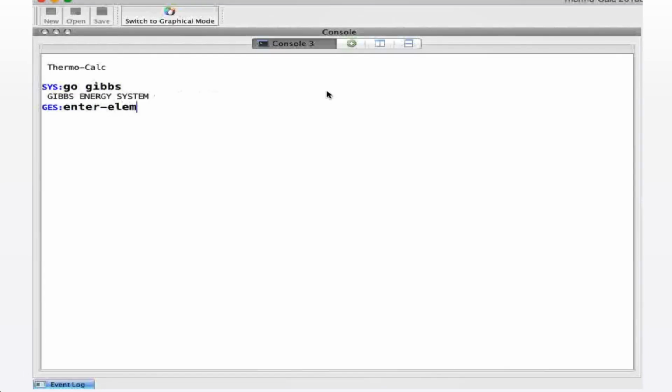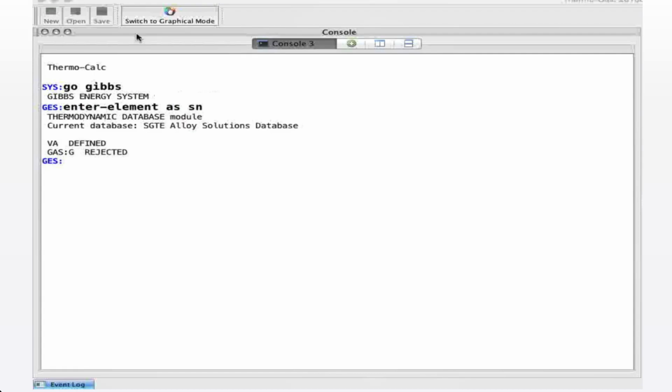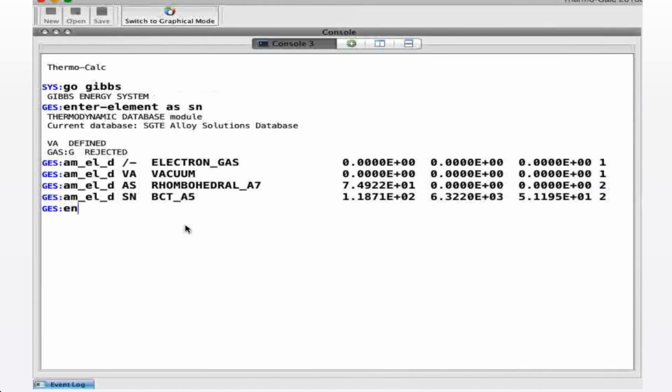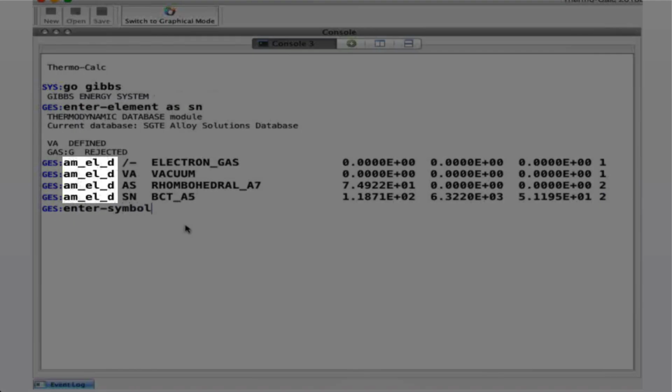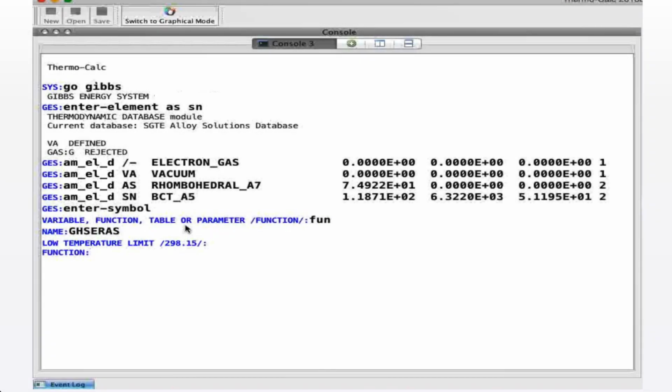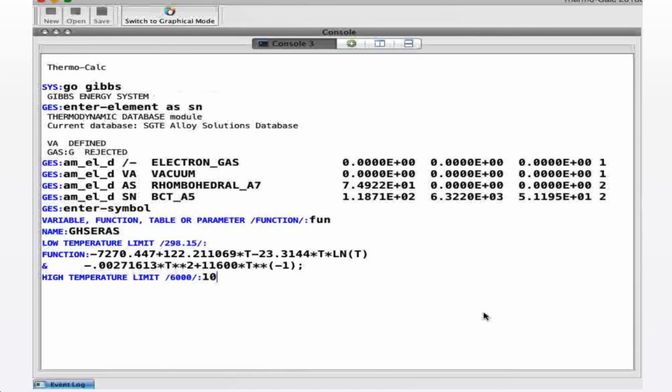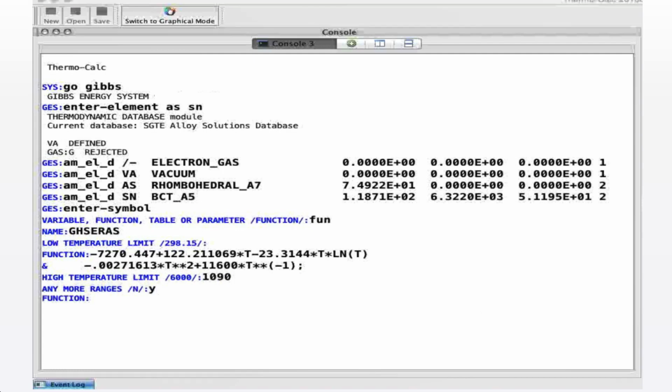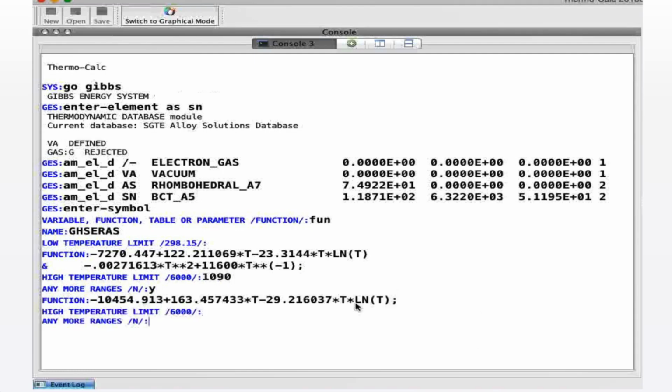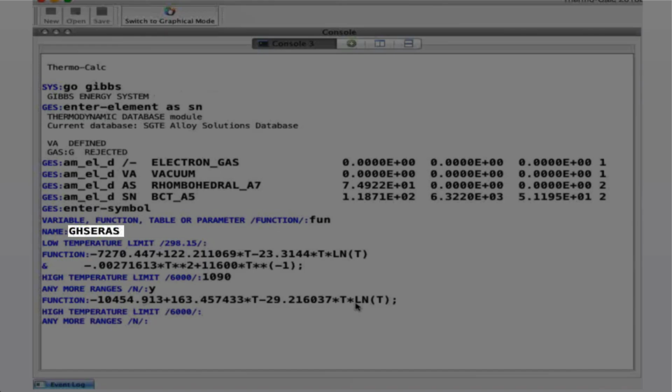We start by entering the elements arsenic and tin. The element descriptions are then amended using the amend element data command. Then we need to enter the Gibbs energy for each element in different states. An example of entering the reference Gibbs energy of arsenic is shown. We define this function as GHSERAS,